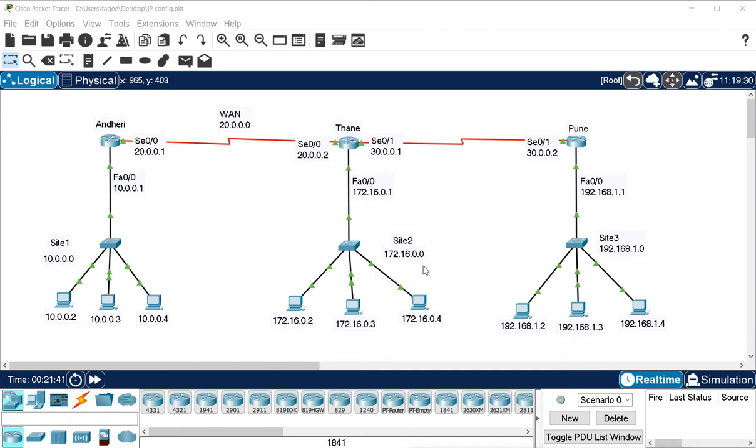But in non-broadcast multi-access, we have to choose it manually. If we want to choose the DR or BDR manually, then we can do that by using something different. What is that different thing? A virtual interface. We can create a virtual interface in all these routers. These are the physical interfaces, but we can create a virtual interface also.